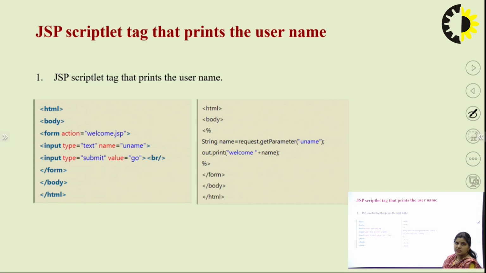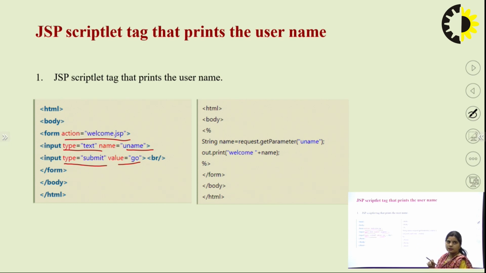Using JSP scriptlet tag, we are going to print the username. So first of all, you have to open the HTML tag, then body tag, then inside that tag we are going to have a form. This is the form in which we have two controls. First one is text box and the second one is submit button. The name of the text box is uname and the value of the submit button is go, and respectively we